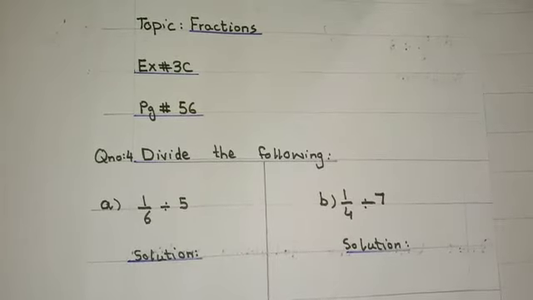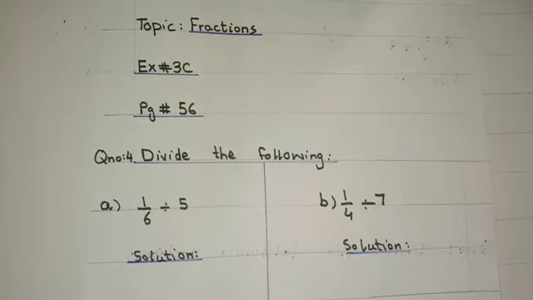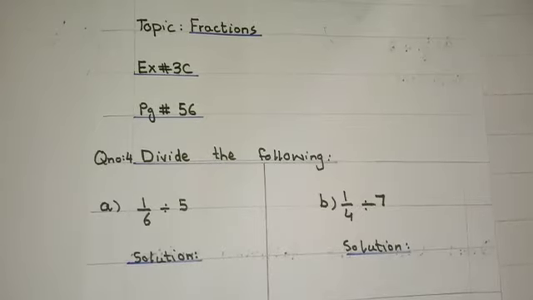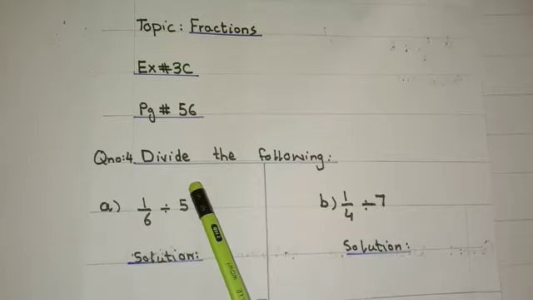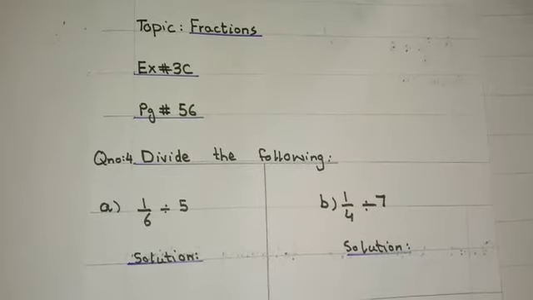Dear students, if you remember, in our previous lecture we discussed questions number 1, 2, 3, which are related to division of fractions. The basic thing involved in division of fractions is the procedure of reciprocal. We use the method of reciprocal to find the division between two fractions. In reciprocal, the division sign changes into multiplication, and in the fraction after the division sign, the denominator becomes the numerator and the numerator becomes the denominator. Today we will practice that method through questions number 4 and 7.